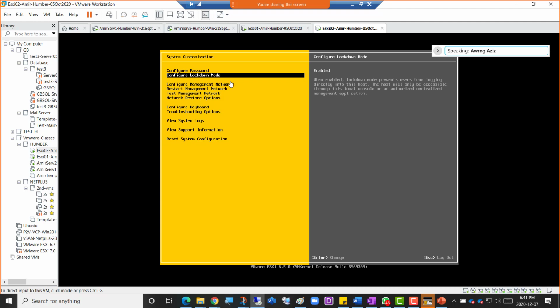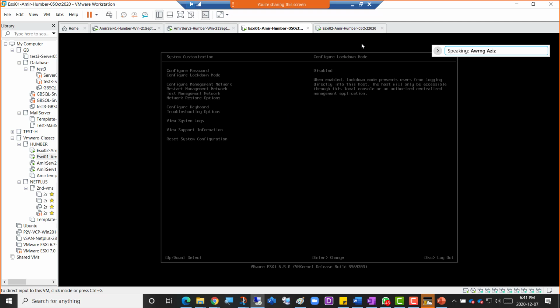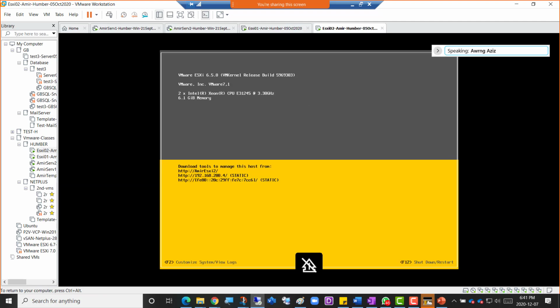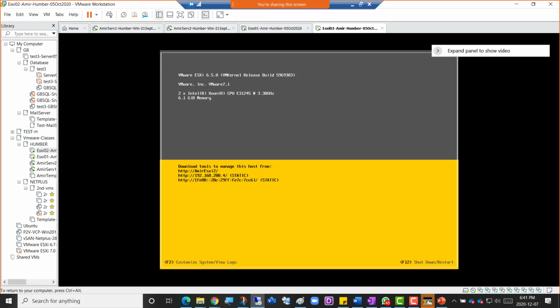Did you log in first? I think you see this page, right? Yeah, it asked me for the root password. So press F2 and then give the root password. Go down here and type small abc, capital ABC, shift123, shift123, or whatever you gave.